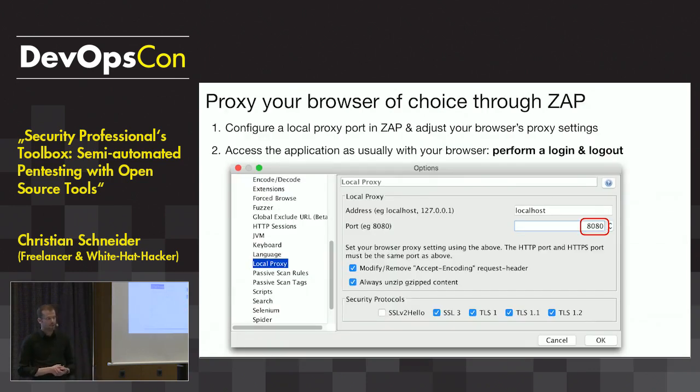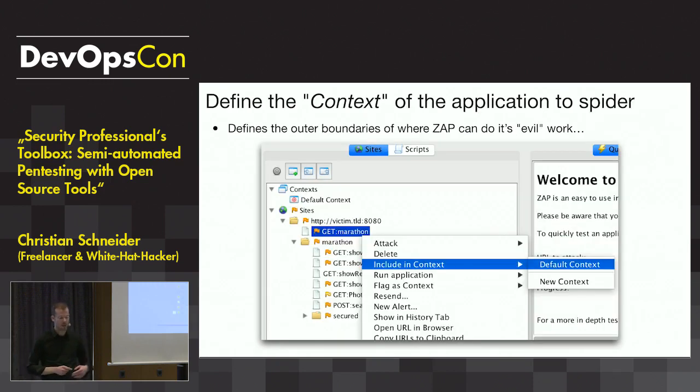Good. So first of all, you need to use a browser you like to test your application with, and set up ZAP as a proxy server to use in that browser. For this, you open a port on ZAP, just configure that proxy port, and then go to the proxy configuration of your browser and simply use this port on your local machine as a proxy for HTTP and HTTPS. Then you log in